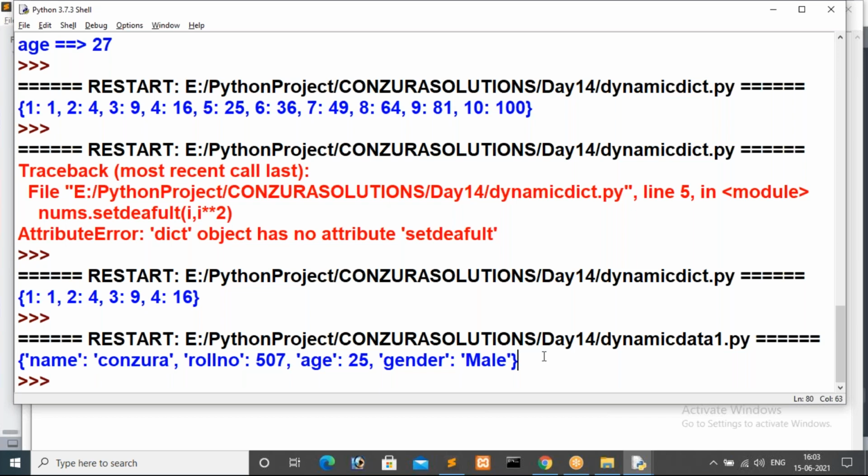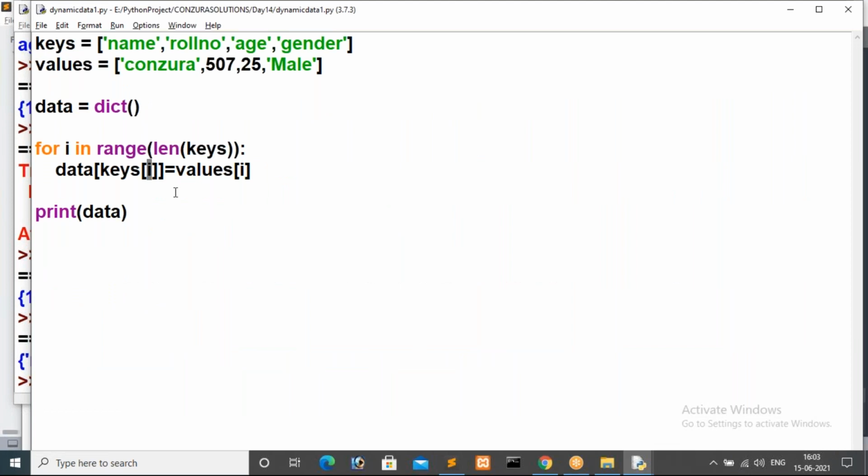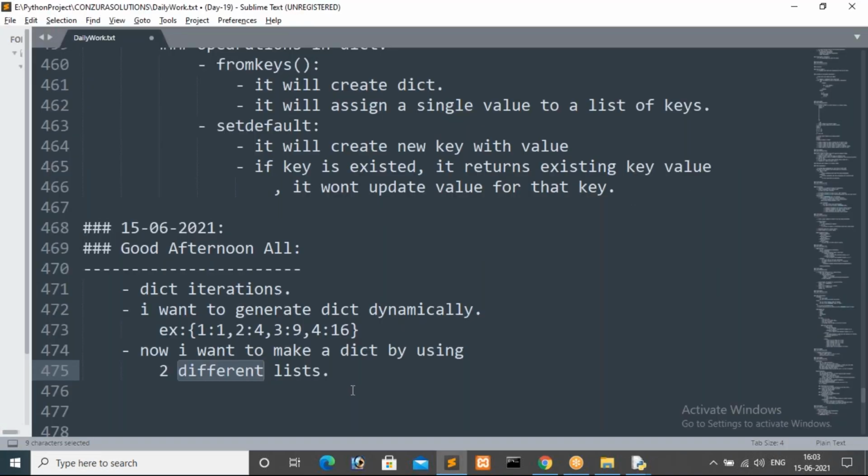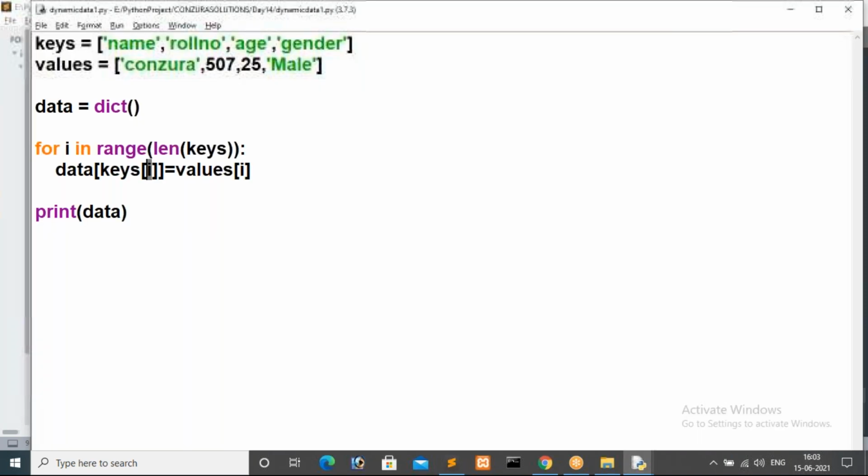Even in competitive exams, they give assignments like this only, guys. They write statements. Here I'm explaining something to you in this assignment, but they won't explain anything. They will give an example and an input, and you have to generate the output like this. You have to assume it yourself, which means you have to improve your analyzing skills along with your logical skills. I hope it is clear to you all. I'm just giving basic problems and basic examples here, guys. Actually, for this dictionary I will take max 4 to 5 hours.